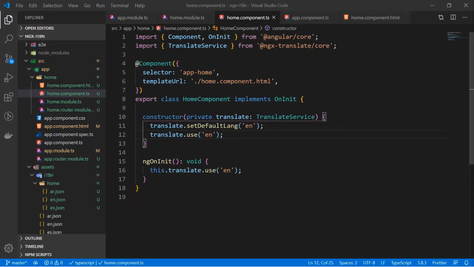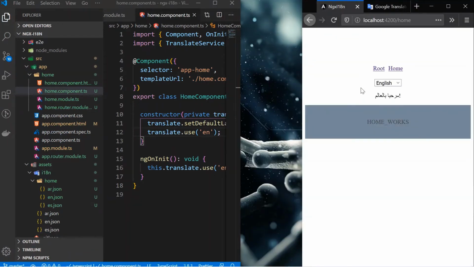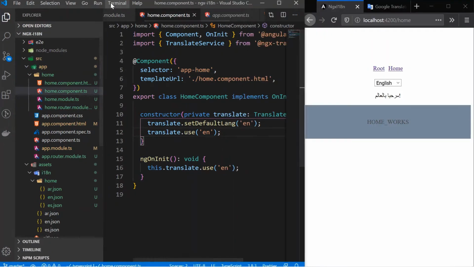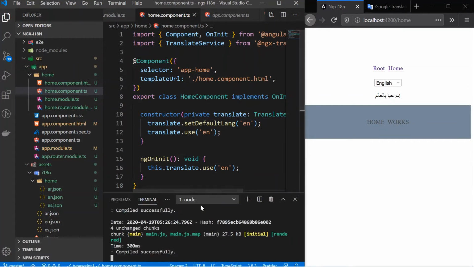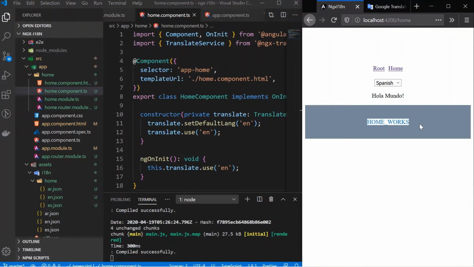We can keep it as it is, but this is not going to work properly, because when we change our language, at that time this component will not change its language. Let's verify. Let's check if it is in running state. It's in running state. If we change the language, it is changed, but this won't change. And also you can see that this is not working. Okay, let's fix that.